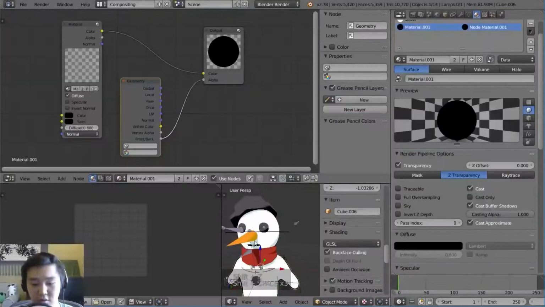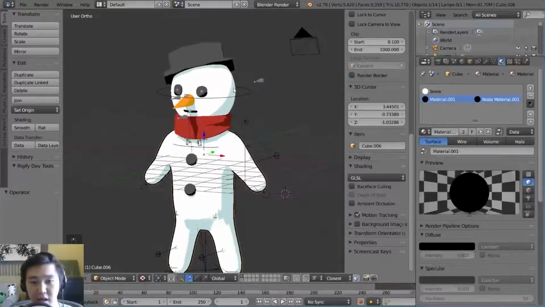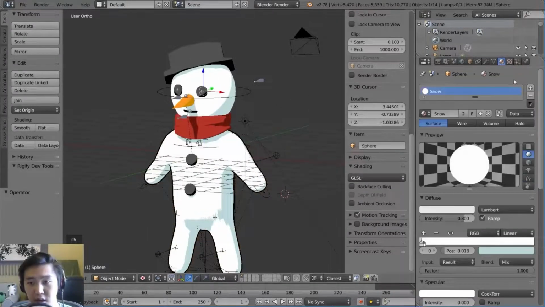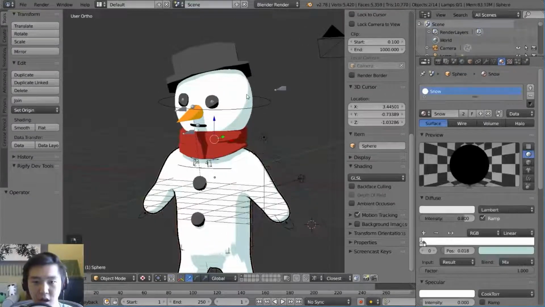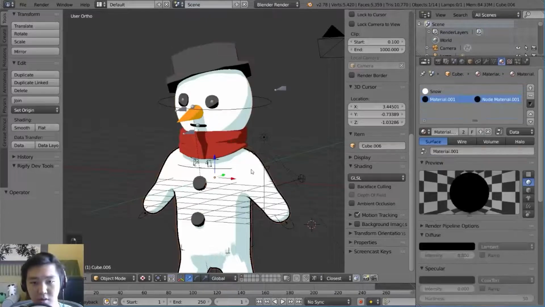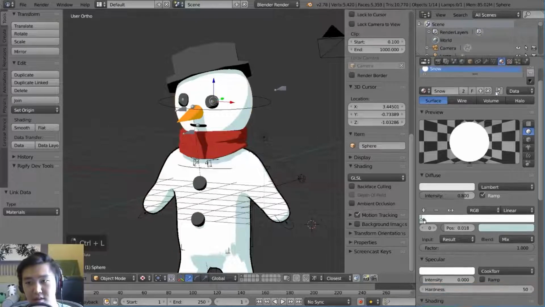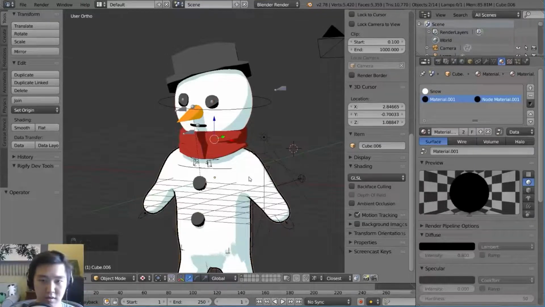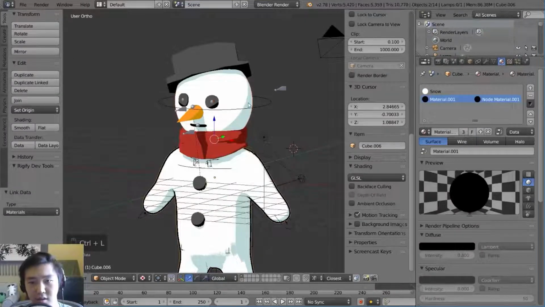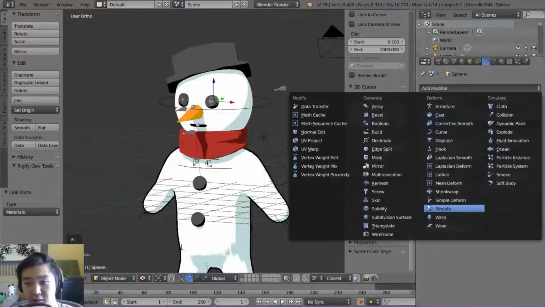Okay, so what we're going to do is go back over to our default view, and I am going to apply this solidify modifier to everything if I can. A quick way to do that: I'm going to link these two so that this guy has the second material, which is very important. Oh wait, hang on. Gotta select this one first, and then select the body second, and then link those two. So now this guy has the second material. Just an easy way to do that. I tend to be very lazy.